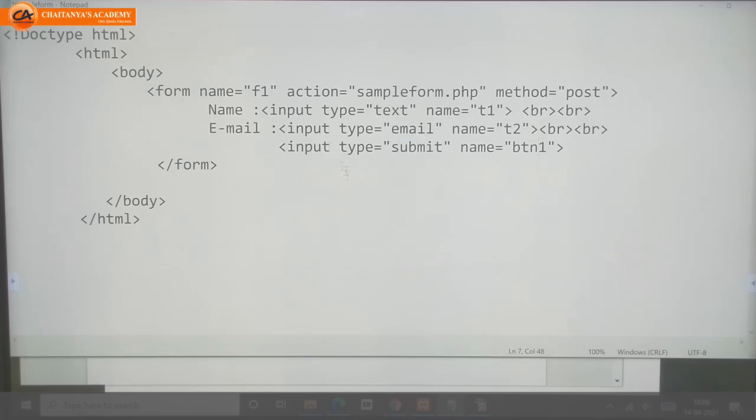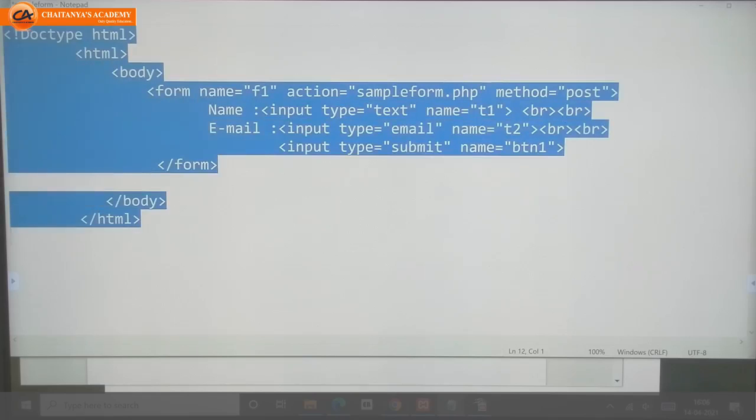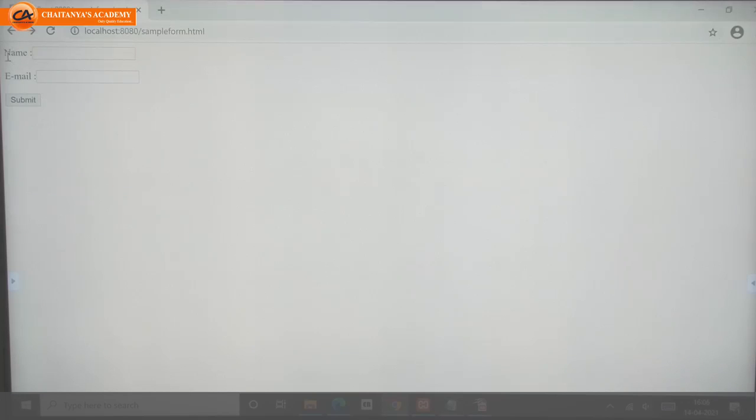By using this, when I execute the code, I will get one simple form. On that I have name as a label and one text box. Second, email as a label, and next a text box to enter the email.